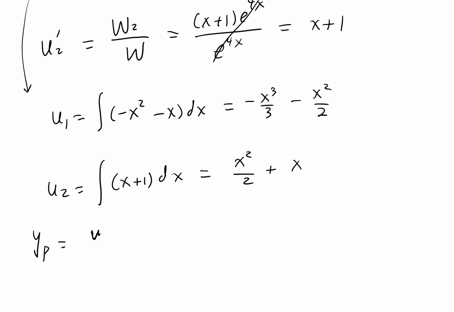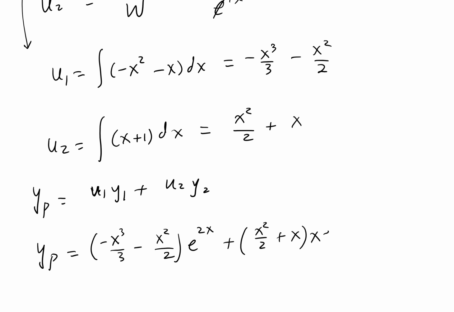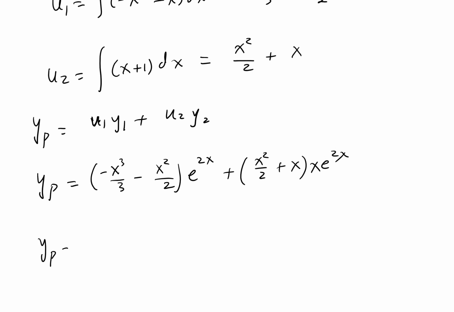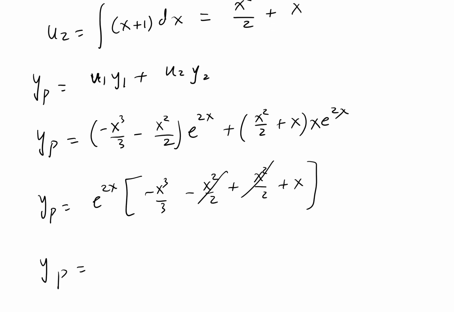yp is u1 y1 plus u2 y2. So yp is negative x cubed over 3 minus x squared over 2, times e to the 2x, plus x squared over 2 plus x, times x e to the 2x. That's the particular solution, which we can simplify by factoring e to the 2x out: negative x cubed over 3 minus x squared over 2 plus x squared over 2 plus x. Notice these cancel out. So y particular is